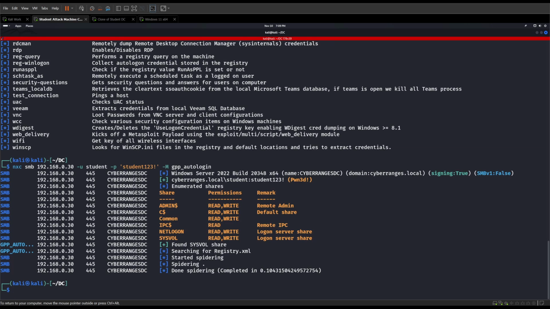And it does say that it found some things on here. It's searching the registry.xml for any type of GPP autologin. We don't have anything, but we do see that we can read and write to these different areas, right? So if we can read and write to admin, just so you know, it's going to give us a Pwn3d. Okay, we can also change that too. We can actually locate